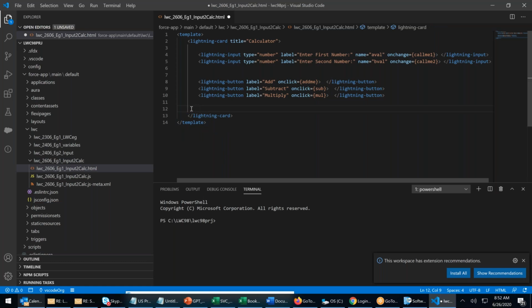I can directly go ahead and I will say result. I want the answer to be populated here, called as in this resvalue. A variable has been declared, called resvalue, right?